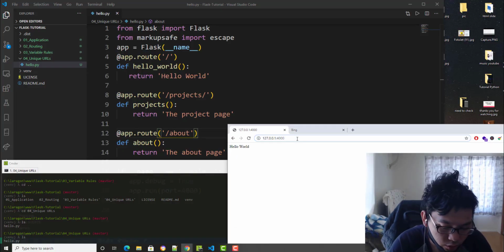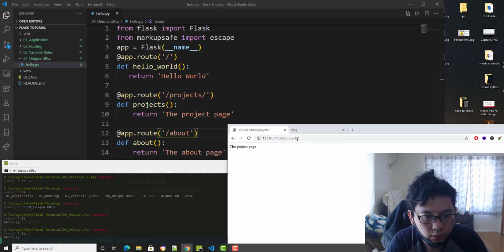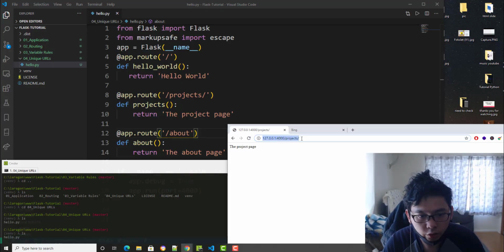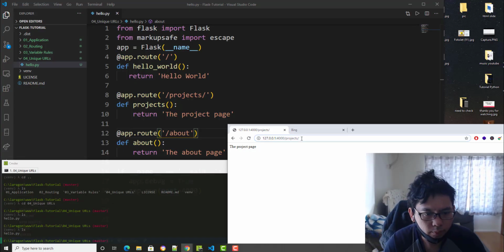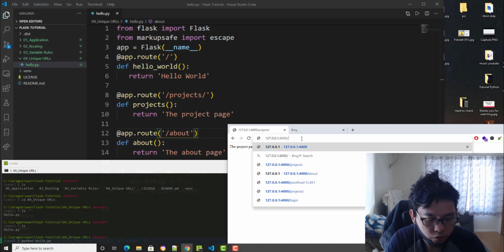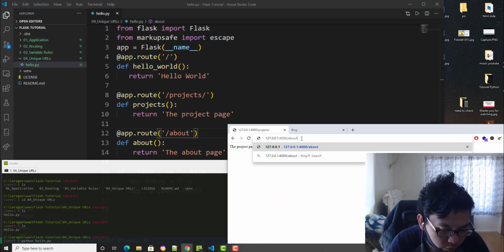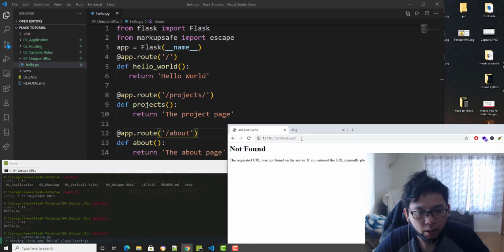If we go to slash project like that, without slash, it will auto-redirect to the right one. For example, what happens if you go to the about page and you add a slash to it? You're going to get a not found error.